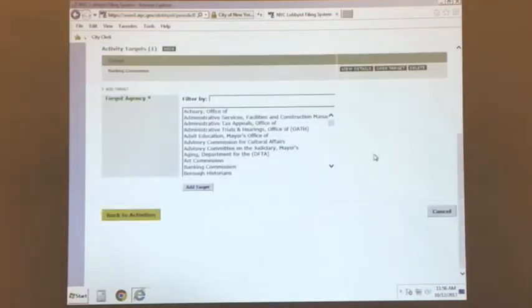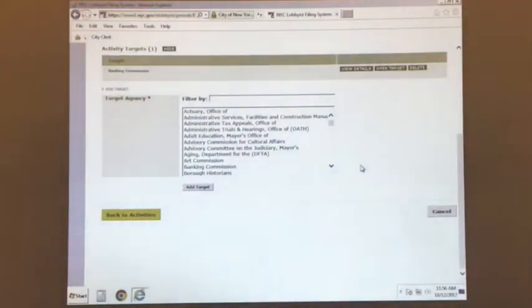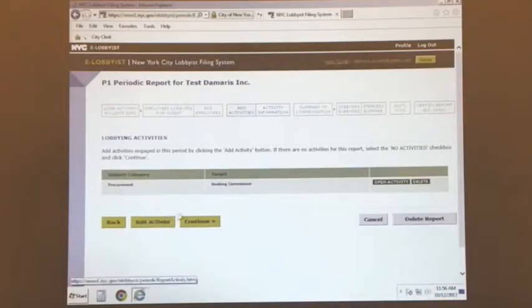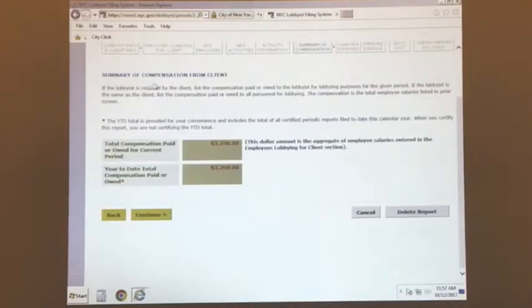Okay, here you're going to be listing what actually occurred, okay? In the statement of registration, it's going to be simply a prediction of what you think will take place. Okay, you can keep adding more, or if you've added everything you need to, just continue. This is going to be the summary of what you listed for each employee.